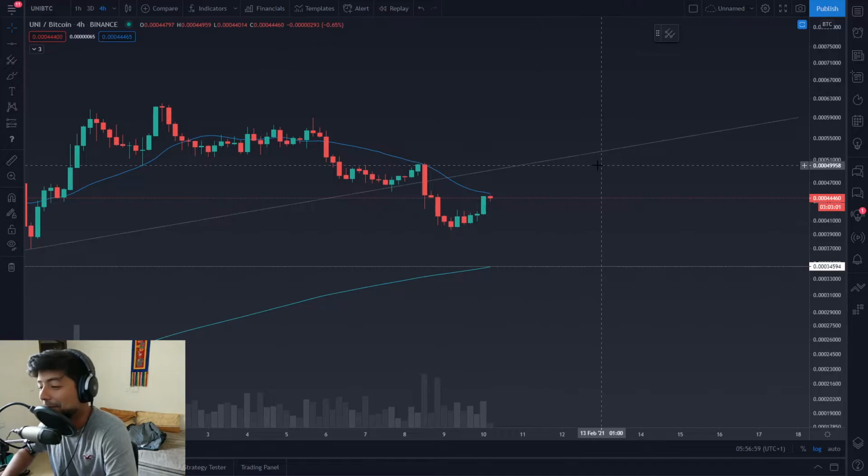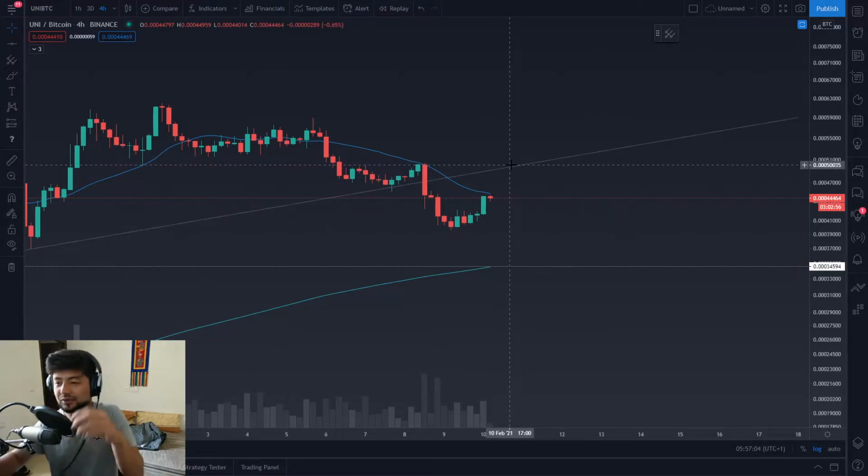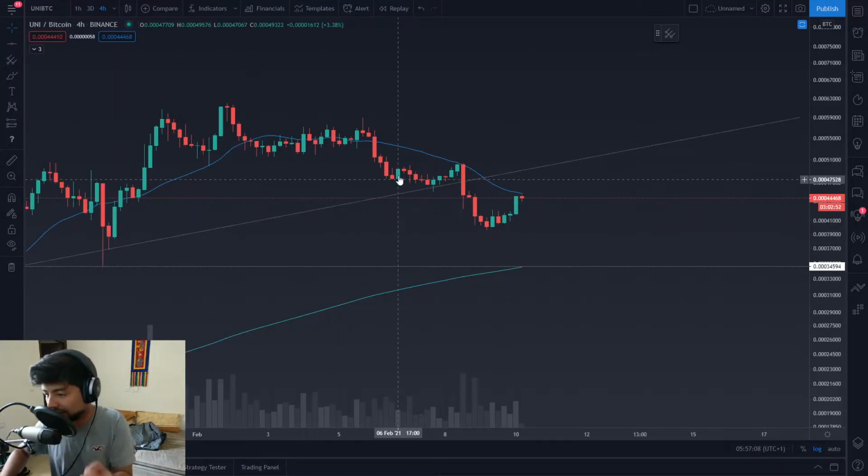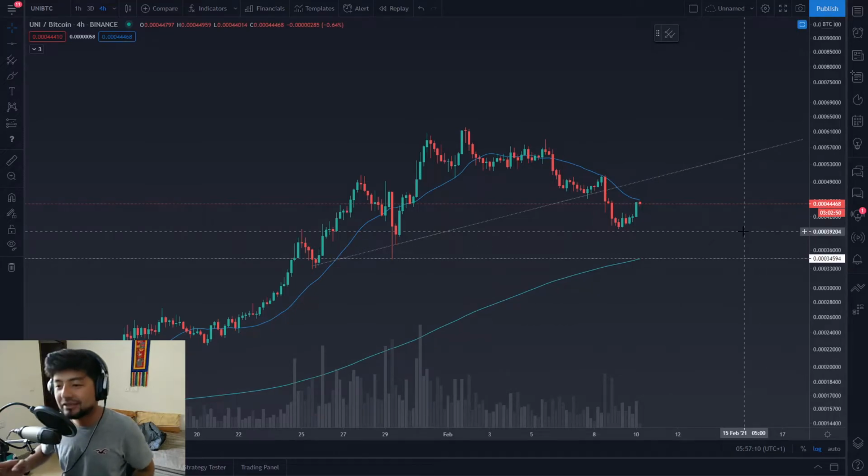Okay, so you want to be closing a few 4-hour candles above 50,000 satoshi. 50,000 satoshi in general, on the 4-hour, 2-hour, and 12-hour, is going to be good for UNI against Bitcoin, and this would determine the main strength in the market for Uniswap, because Bitcoin is already breaking the range. We're going towards 50-60k, maybe 100k as well. But UNI against BTC gaining 50,000 is going to be damn good. It's going to be damn bullish for Uniswap against US dollar as well.